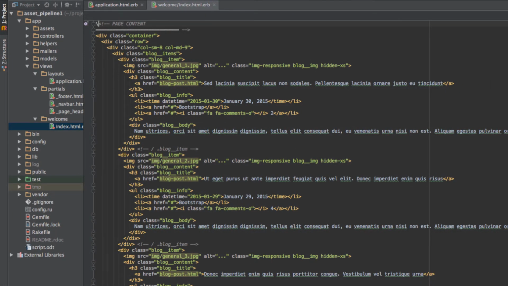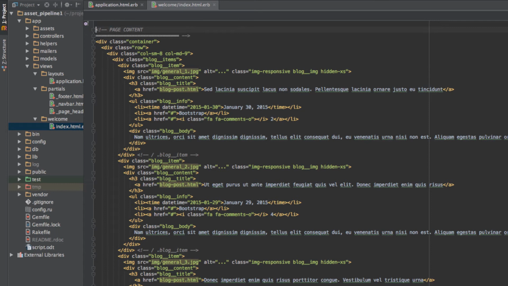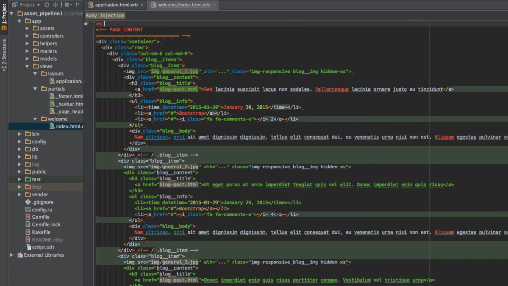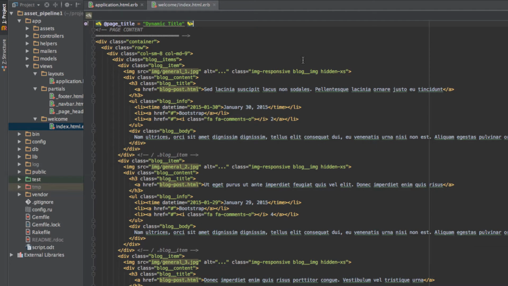All the way at the beginning, we are going to create a variable. So we are going to do @page_title equals "dynamic title". And now that we have the variable, we need to change the